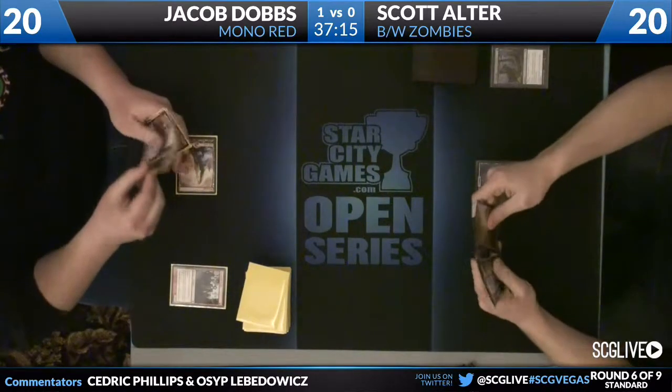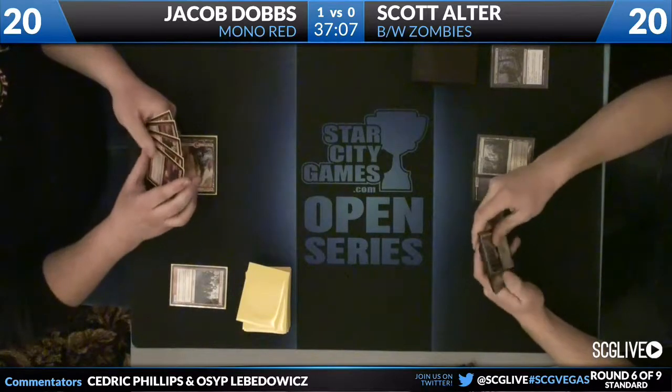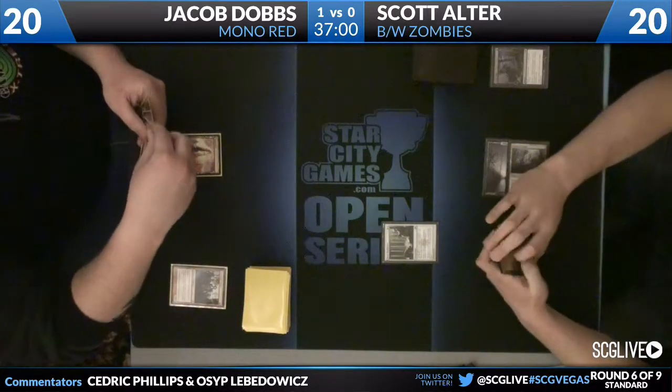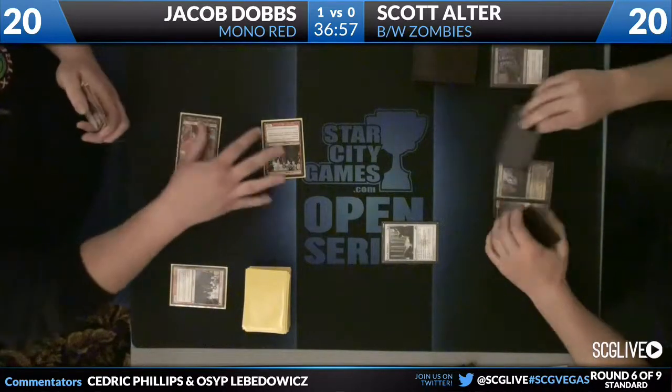So we do see a Tragic Slip take care of Stromkirk Noble. And I'm not entirely sure that Gravecrawler and Diregraph Pool are the place to be when those cards exist, as we're going to see a Blind Obedience here from turn 2 on, Scott. Yeah, that's a great card for Scott, but having to waste a Tragic Slip on a Stromkirk Noble,